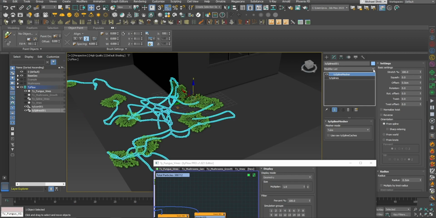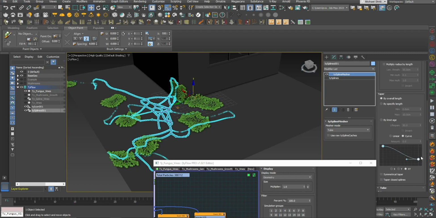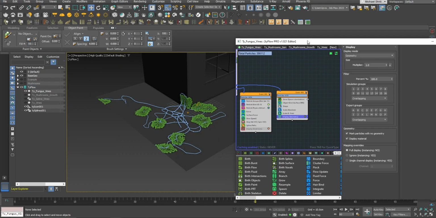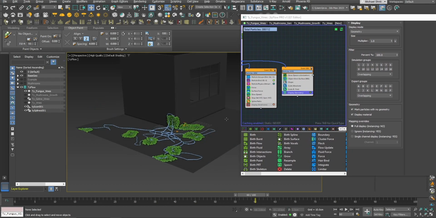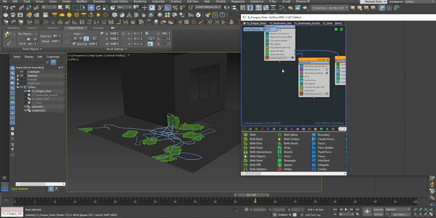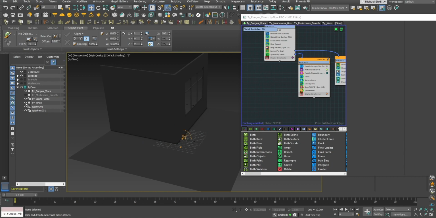Just turn on our vines. One curve a little less. Yep, this is the final look. Now you can always go to seeding operation, reseed all, and get a completely different result. So yeah, now if we turn on all of our simulations,